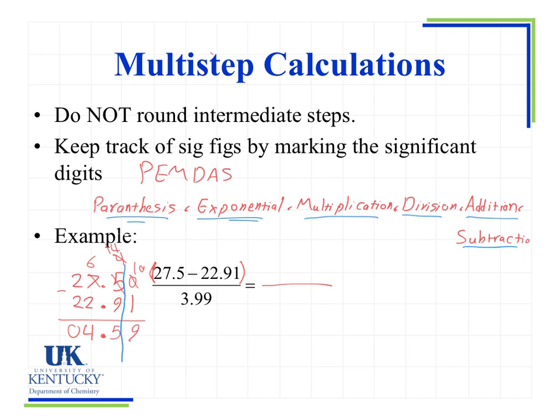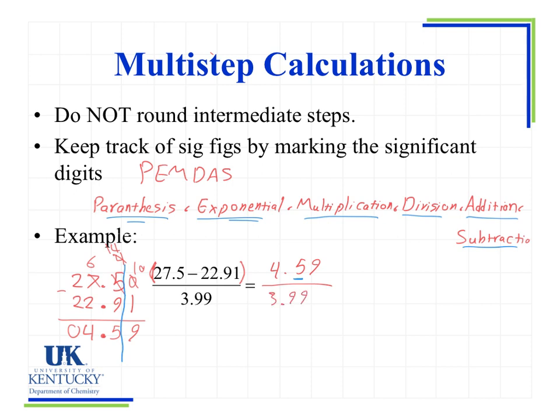So the result for that is 4.59. But is this 9 a significant figure? No. So what you need to do is underline the last significant figure, so that you know in the end how many significant figures you have in your result, but you do not round it until the last step. You use the whole number. Okay, so you have